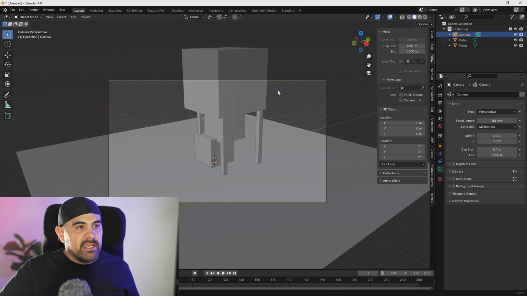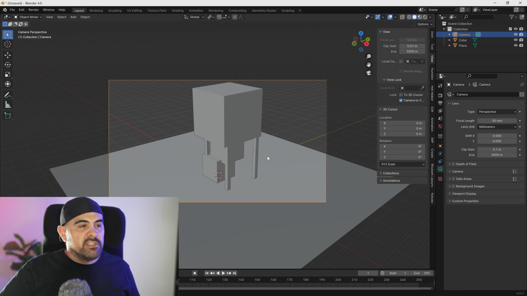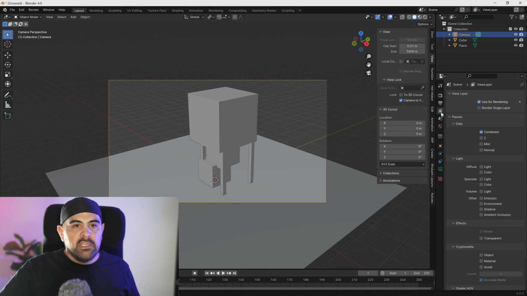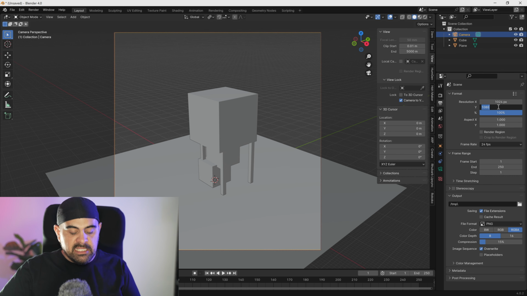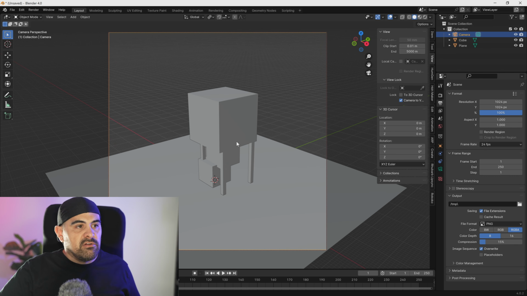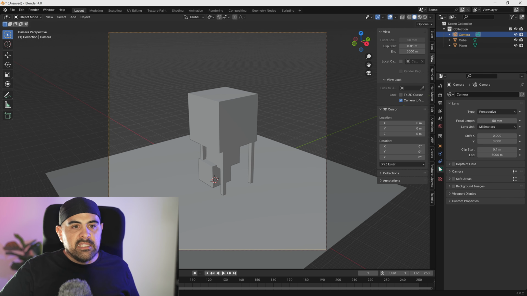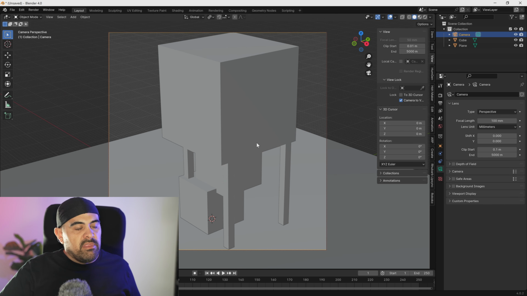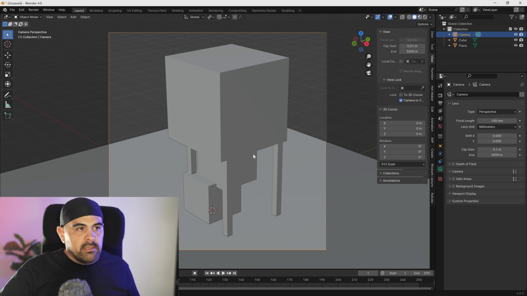And now, if we go back into the camera and choose camera to view, let's just move this around so the camera's in the full shot, and we'll change the resolution. Actually, let's go 1024 by 1024, because we're going to be sending this to ComfyUI. It'll just make it easier than having to change everything around. Now, as for the length of the camera, I'm going to go with 100. That way there's less distortion, less curving, and